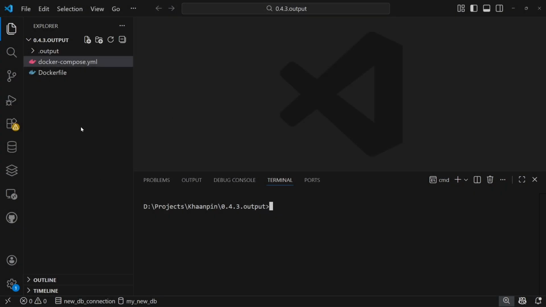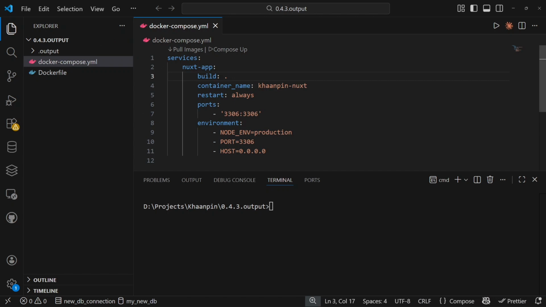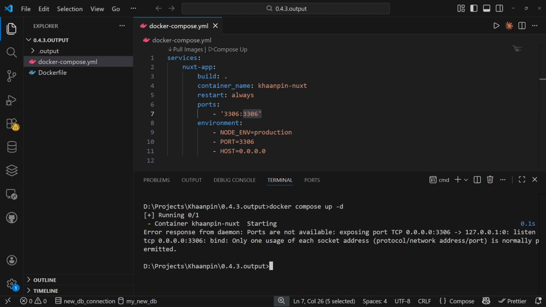I have this simple project here with a Docker Compose file, and in this Docker Compose file, I'm mapping host port 3306 to the container port 3306. You can have any port mapped here instead of the ports that I have right now. And if you get an error like this when you try to build the Docker container,